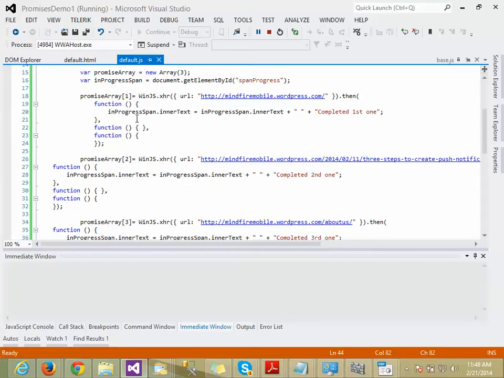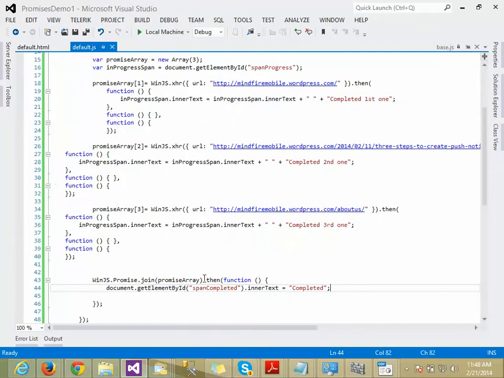Let's see. Started. Okay, the other ones are very quick. So the first one, second one, see the third one completed first. First one, third one, then the second one. So as soon as we are all done, we got the completed one, right? So this is how join works in a real life scenario.